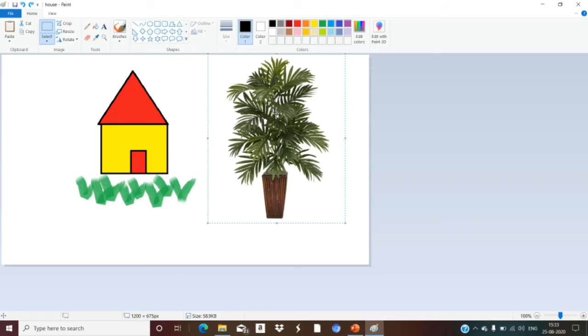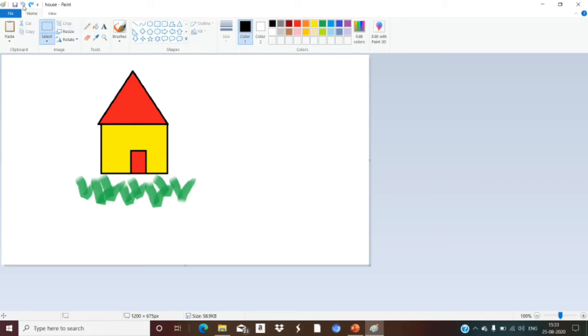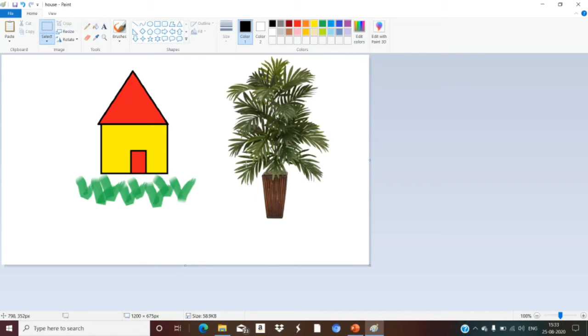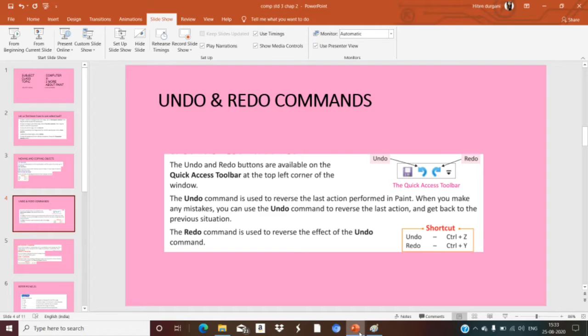See, I have here pasted a picture. मैंने आपको दिखाया, मैंने पेस्ट किया पिक्चर कंप्यूटर से. Now if I had made a mistake, मुझे ये पिक्चर नहीं कोई और पिक्चर चाहिए, so I will just click here, the undo command. See, it's gone. Now if I click on the redo command, it's again here. Understood the difference, dear children? Moving on to the next. These two are the shortcuts, you have to learn them.